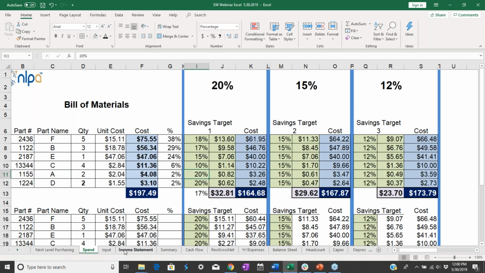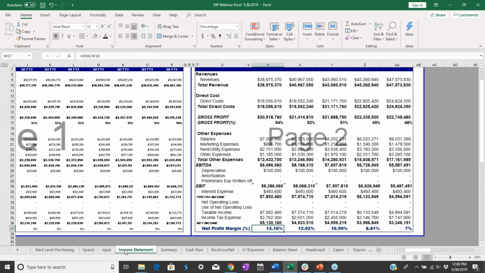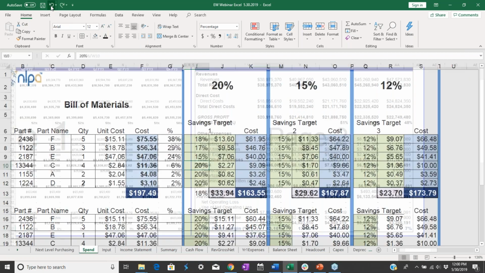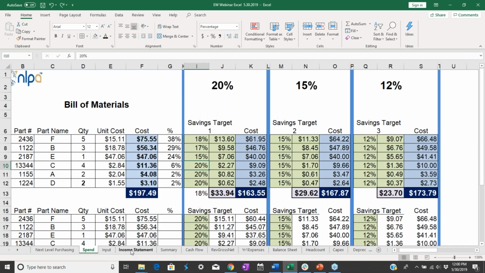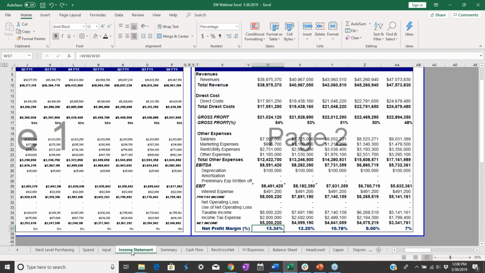Let's see how that looks. 13.16, from 13.34. So to have this level of visibility, how this affects us year in, year out,